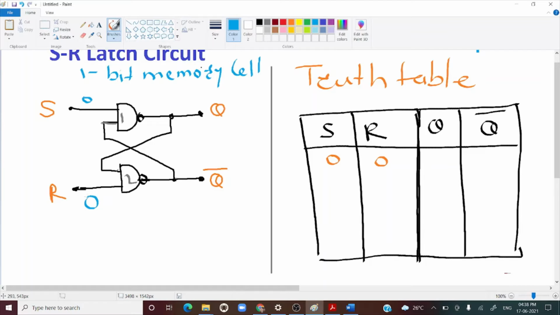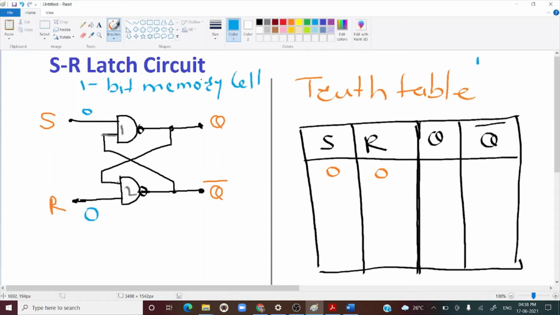Okay? Now while computing the outputs of these sequential circuits, first we need to consider some previous condition. Okay, this is Q and this is Q bar. So when you switch on the circuit, or when you are operating that circuit, these outputs will be in some previous condition, and here we need to assume both previous conditions. Initially we will consider that Q was 0 and Q bar was 1. Okay, so if Q is 0, this 0 will go here, this Q bar is 1 and this 1 will go here.